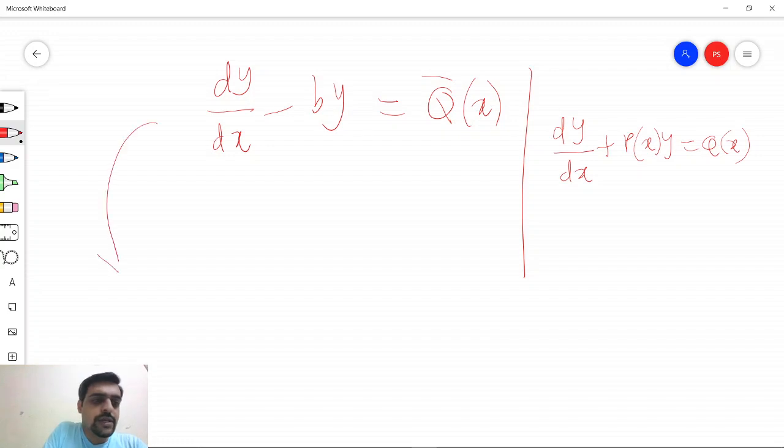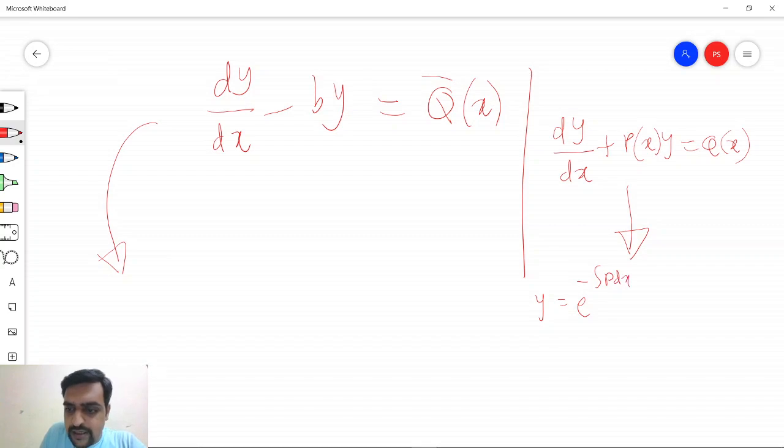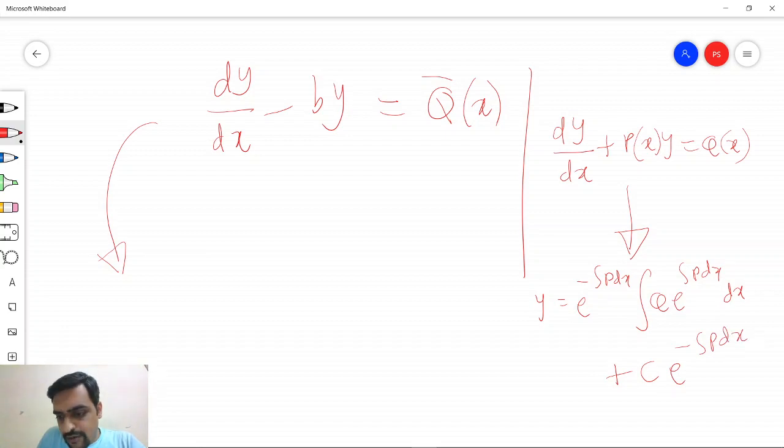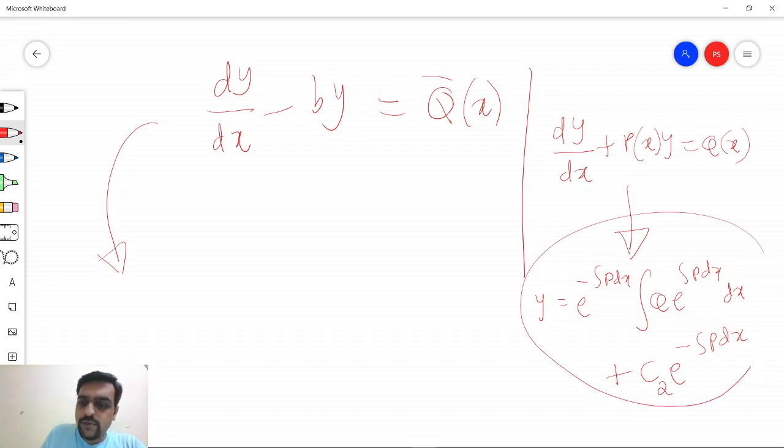So again, the solution to this will be the same as the solution of this type of equation, that is y equal to e raised to minus integral p dx into integral q e raised to integral p dx plus c e raised to minus integral p dx. Only thing is, let us call this constant c2 because we have already used c1 for the solution given by u. So if we use this formula here, we get y equal to